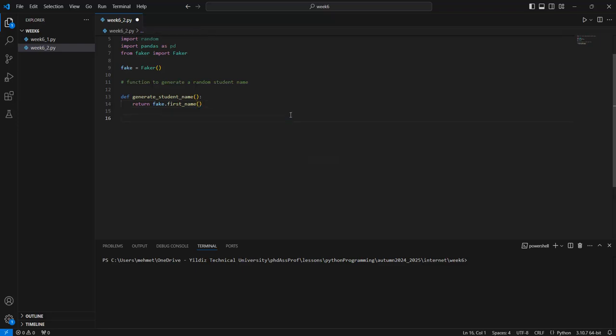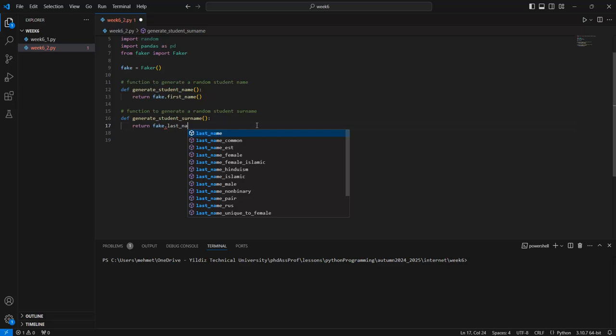This returns a randomly generated name defined in the Faker class. And a function to generate a random student surname can be given here. Def generate_student_surname, return